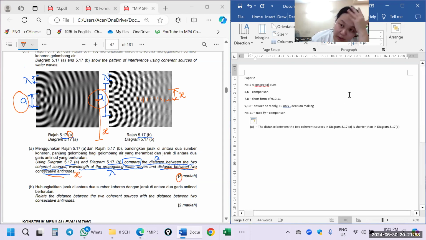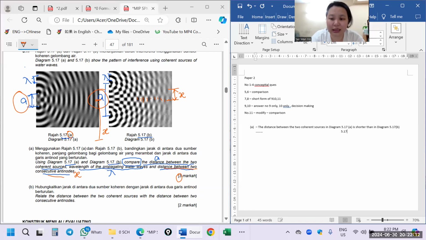Okay, I know some of you might ask, teacher, can I say 5.17b is longer? I actually prefer you use greater. Greater than in 5.17b, right? Can actually,